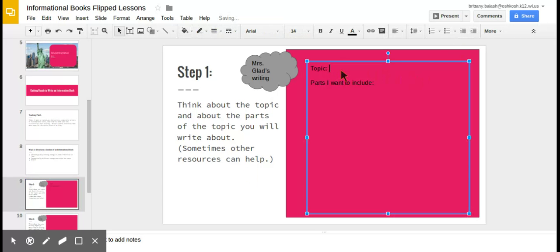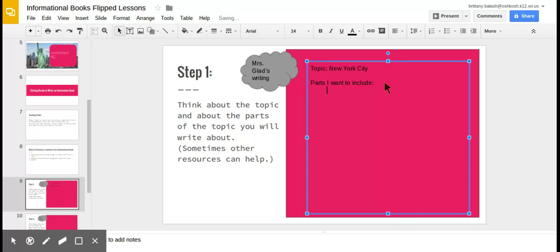So yesterday we started on our topics, narrowing it down, and I decided that I was going to focus my topic on New York City. And last night, I was really thinking about what parts I want to include. And I had decided I want to make it an informational book that makes people want to travel there. So I want to include different categorical topics or sections for this. So some of the sections that I thought I would include are